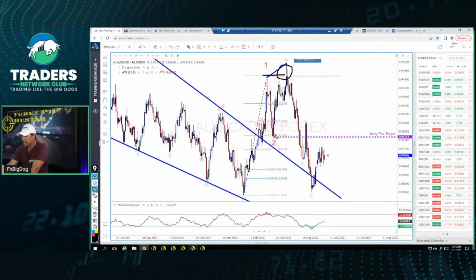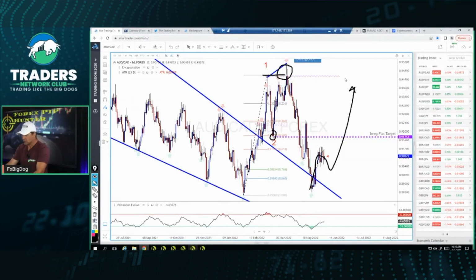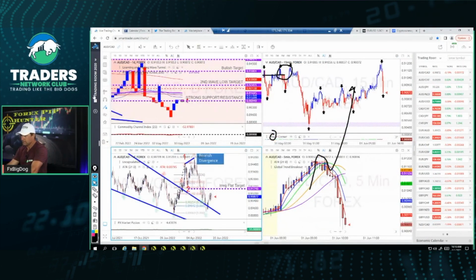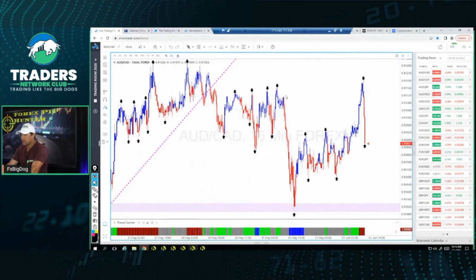Price moves back down, takes out the low right here, comes into a deeper retracement move. So we're looking at possibly rallying up. Now, what helps us make decisions on this? Okay, this is what's going to help us make decisions. We are going to look at this time frame right here, and we are going to wait for a confirmation. Now, remember,